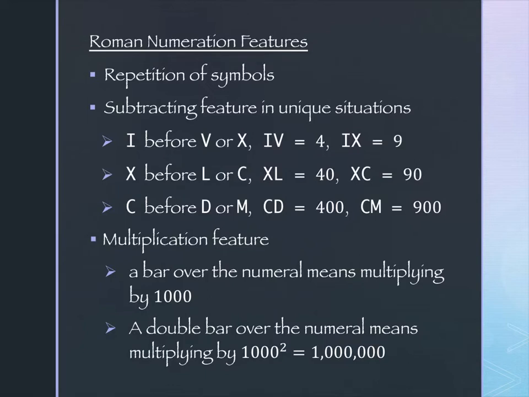And then we have the thousands place, the 500 and the thousands. So if you have 400, a C before a D would be 100 before a 500, giving you 400. And a C before an M would be 100 before 1,000, giving you 900. This is probably, of the 2 properties, the